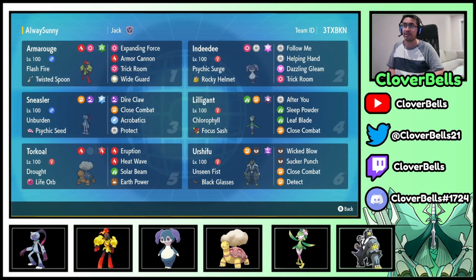But again, just a little bit about the team. It's an Indeedee-Armarouge team along with Torkoal and Hisuian-Lilligant. Those are relatively standard, but two Pokemon here that I really wanted to use that I haven't gotten a chance to use all that much in this format, and that is the Dark Urshifu, but also more importantly, the